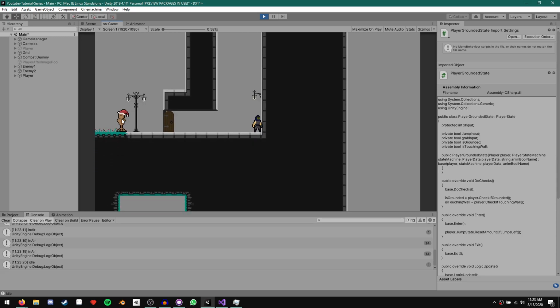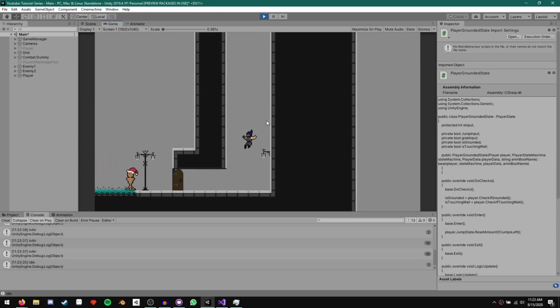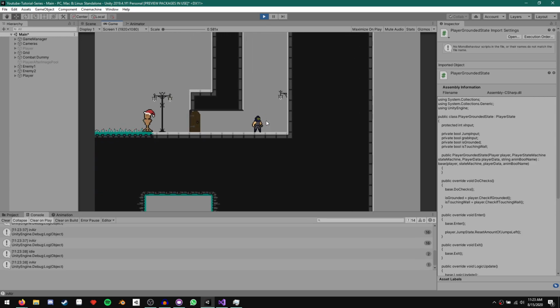Okay, so as far as I can tell, it should be working correctly now, and I'm pretty sure it is. So now we just have one more thing we want to add, and that is some coyote time. So in case you are in the habit of giving X input while you wall jump, if you've moved a little bit away from the wall, you'll still be able to get your wall jump. And this is very simple to implement.